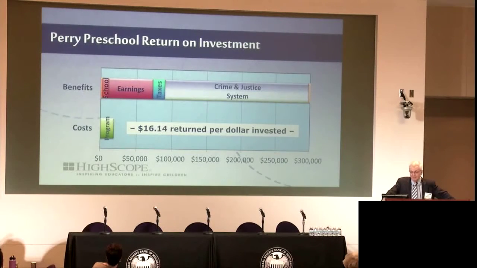You can see the 1 year of preschool was essentially paid back by school, and I noticed it's in Utah, they just did a social bond experiment out there, got the same kind of effect and paid off the preschool costs so they didn't have the special education later. The earnings are pretty substantially different, the taxes that the earners are paying. And then the largest single effect is to the crime and justice system.